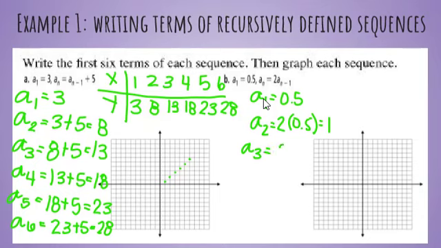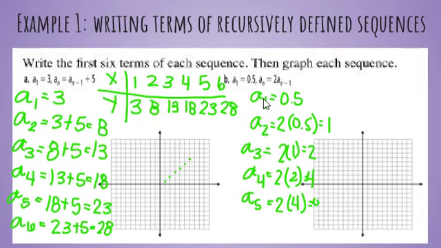To find our third term, we're doing 2 times 1, which gives us 2. Our fourth term would be 2 times 2, which is 4. Our fifth term is 2 times 4, which gives us 8. And then finally, our sixth term would be 2 times 8, which would be 16. So then again, to graph these,